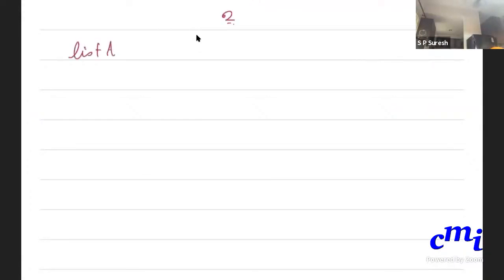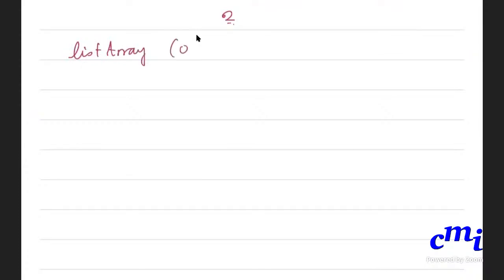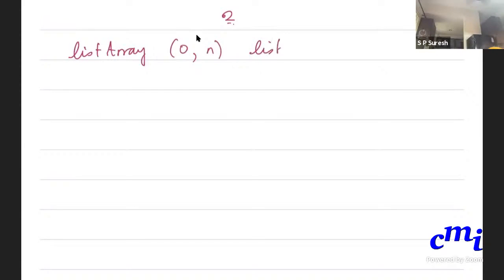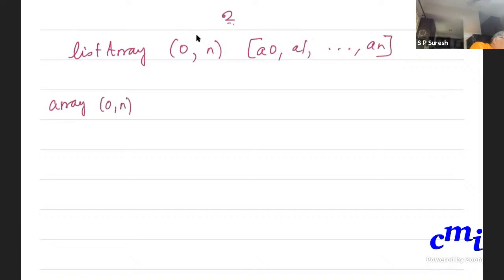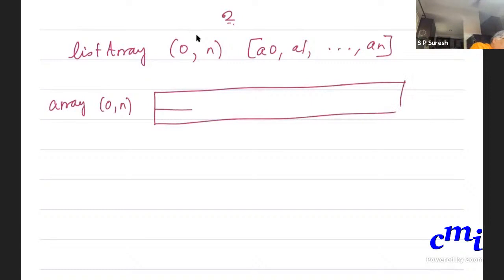So if you do list array, some list, let us say, if you make this call, then it will create an array whose bounds are 0 to n, and then it will create a kind of a table where there will be entries.